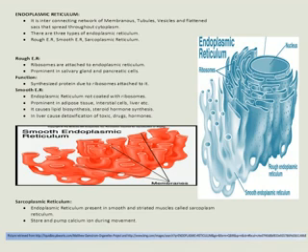Rough endoplasmic reticulum is also known as granular endoplasmic reticulum. Why is it known as granular? Because granules are present on it, as observed in this figure. These granules are ribosomes. Therefore, it is a granulated structure, known as rough or granular endoplasmic reticulum. They are observed in salivary glands and pancreatic cells.